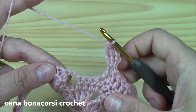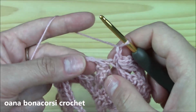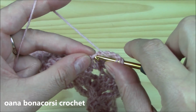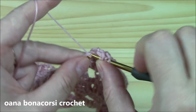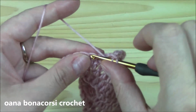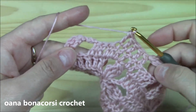Yarn over, insert hook into the first chain of the second, and single crochet into it, chain 1, single crochet into the first of the next 2 chains. Now again chain 4, yarn over twice and work again the petal. It's the row where we work the second and the third petal. Chain, don't finish the chain, skip 3, work 1, 2, 3, 4 and 5,